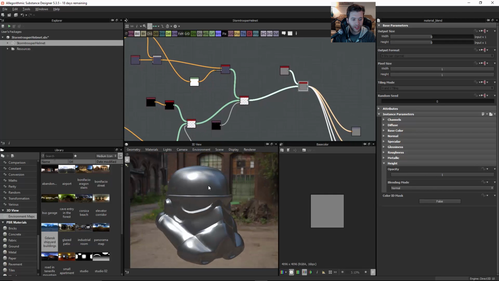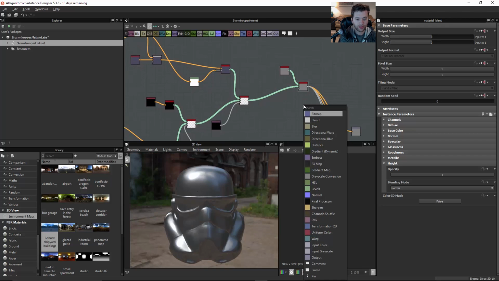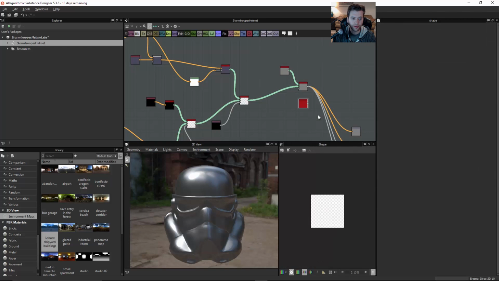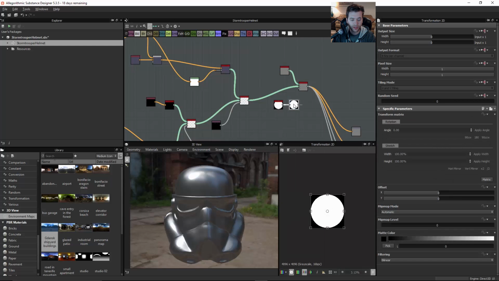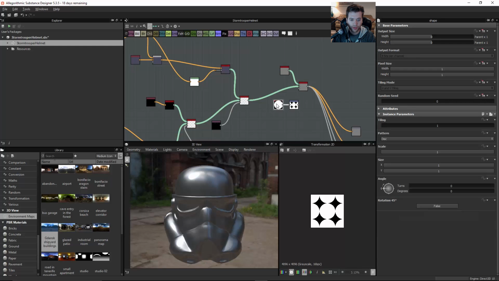And we're going to designate an area just with a shape node, just a simple shape node. Let's go ahead and change that into a disk. Then let's do a 2D transformation, and let's shrink this down. Okay, and you can see it's tiling. We do not want it to tile at all. So we're going to go in here and we're going to say,